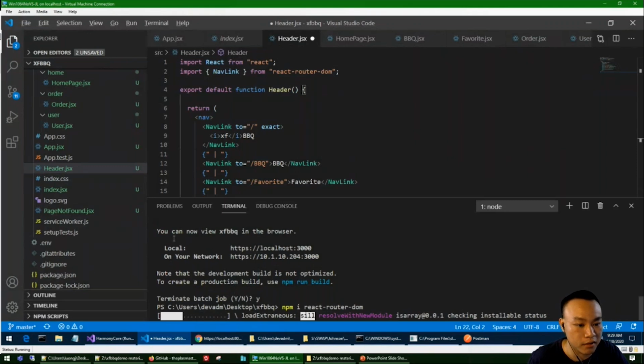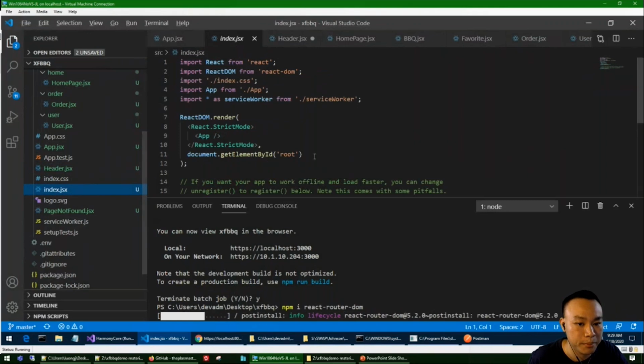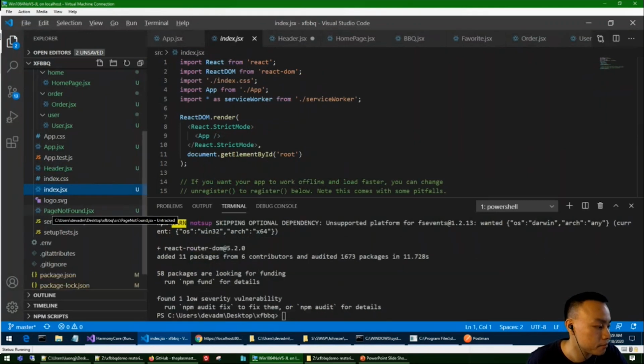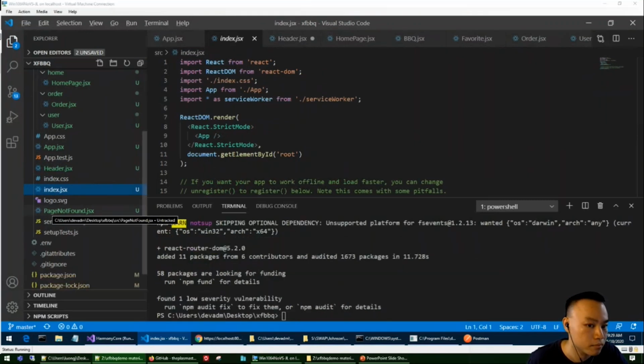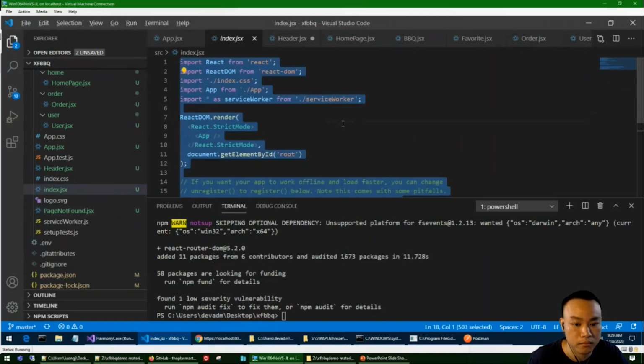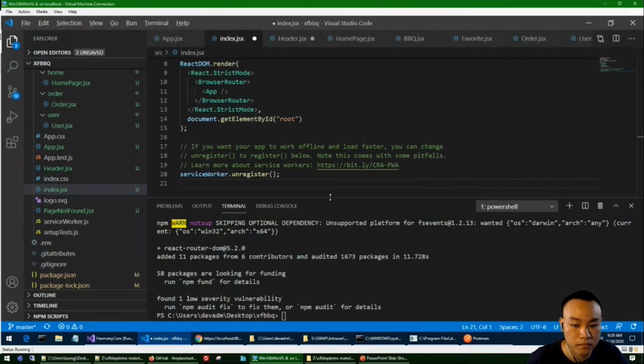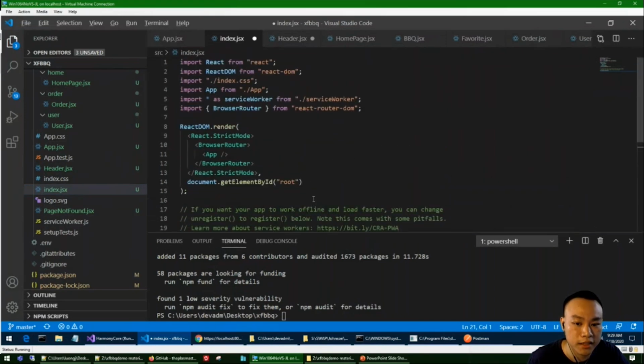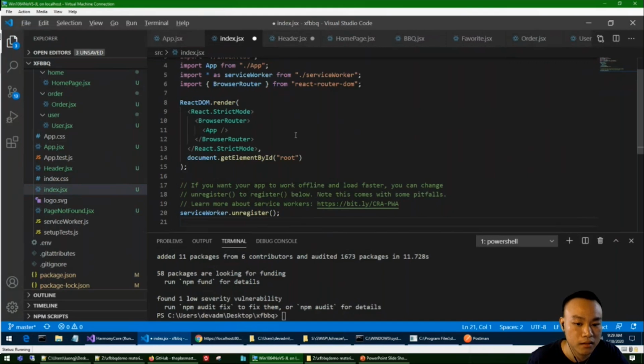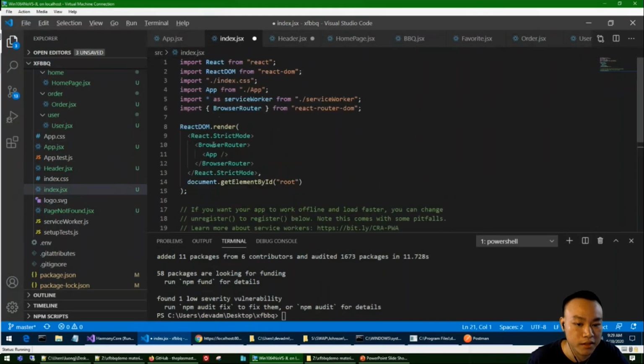Meanwhile, while that's going on, I'm going to paste in code for the other pages as well. So inside index.jsx, I turn this into something that will just look at app right here that's being imported.